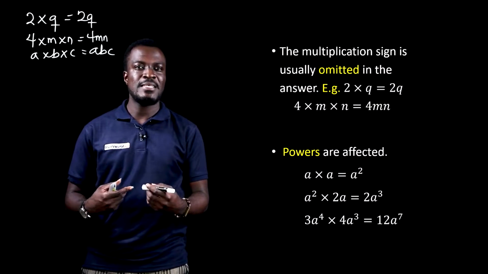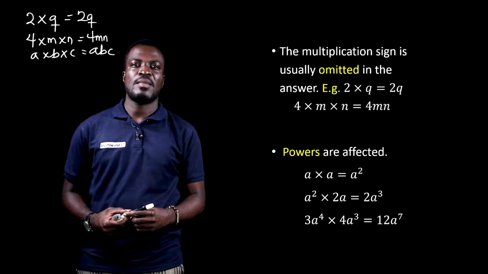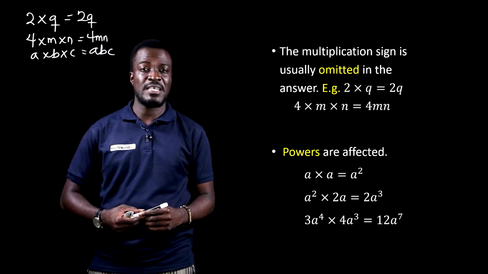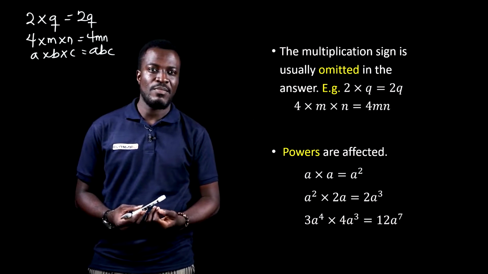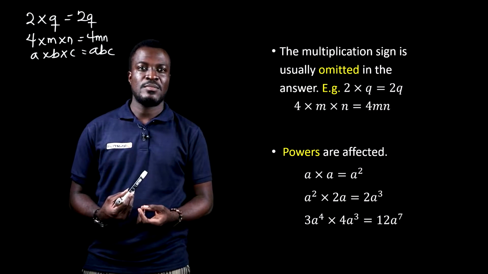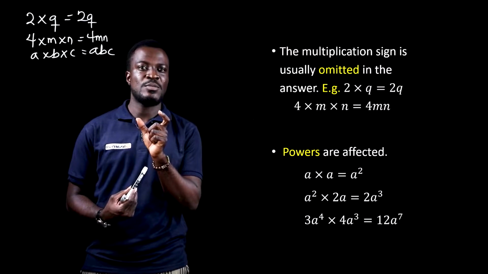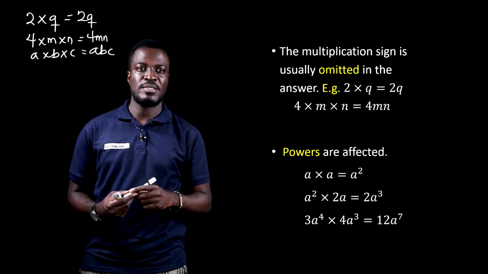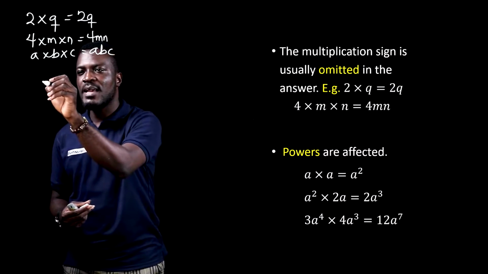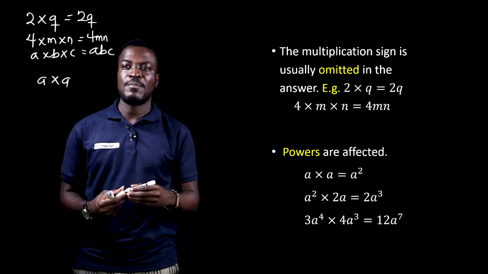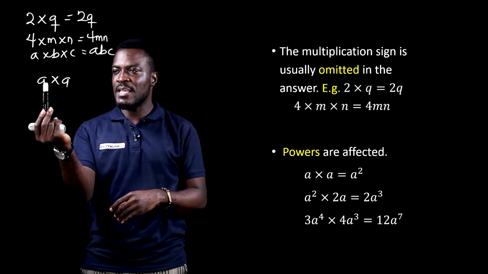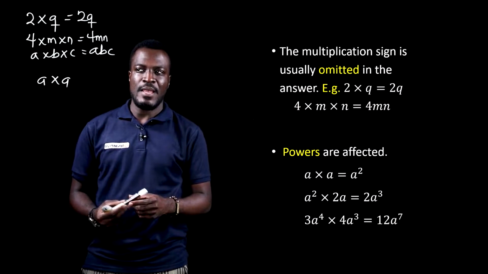Now, unlike addition and subtraction, in multiplication, the powers are affected. So when the bases are the same and they are multiplying, the powers are affected. That is, we add the exponents or the powers. So if you have an A multiplying another A, since the bases are the same, that is A, and they are multiplying,